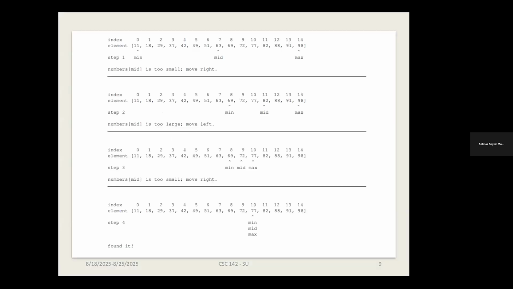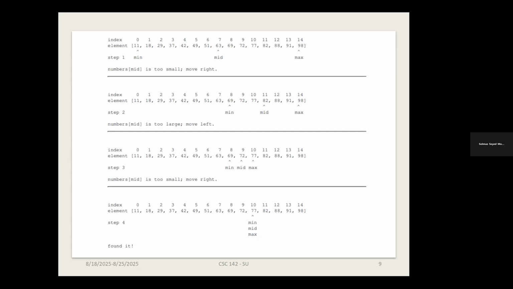Here is more detail about binary search. If we are searching the array, for example, for 77, the index of 77 is 10. We have a sorted array. We have three indexes: min, middle, and max.